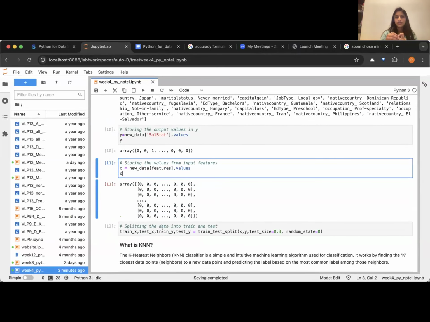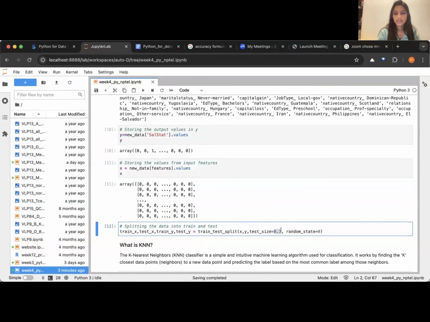Now we're splitting X and Y further into X train, X test, Y train, and Y test. Mostly you just specify the percentage of your test data. Let's say I want 30% of my data to go to the test data set so that I can evaluate my model. Usually the test data ranges around 20 to 30%, so here we're using 30. And random state can be any number. It just means that when I rerun this program,